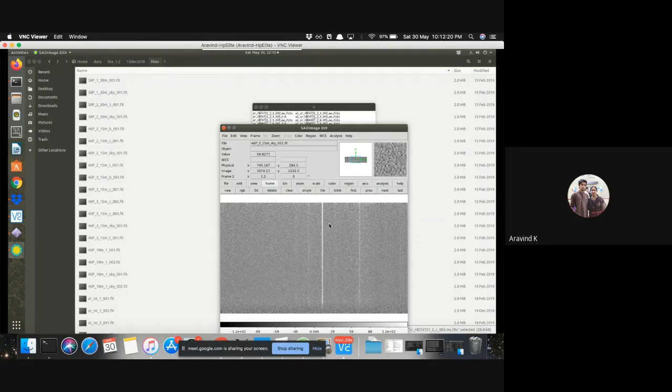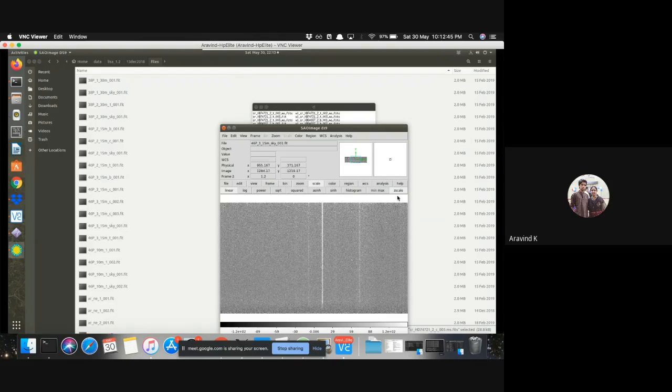Sometimes when I open an image, it will be in min max. This is another particular scaling. It is not visible here, but sometimes with this scaling, you will not be able to see anything. So in all those 100 frames, I need to put Z scale in order to get such an image.